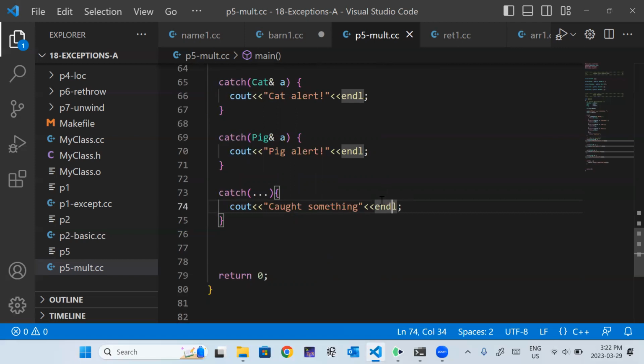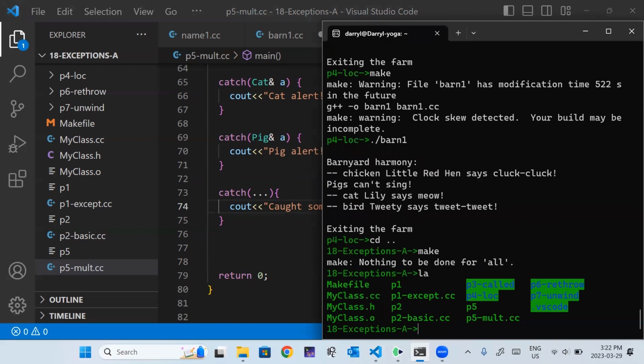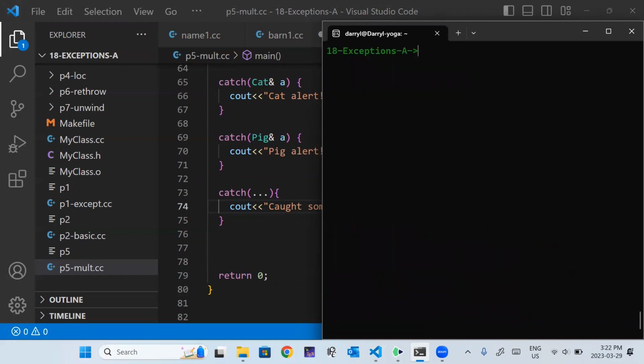So let's make a run of that. What are we, P5? Oh, sorry, it's just P5. Okay, select my activity. I'll say bird. It says bird alert.